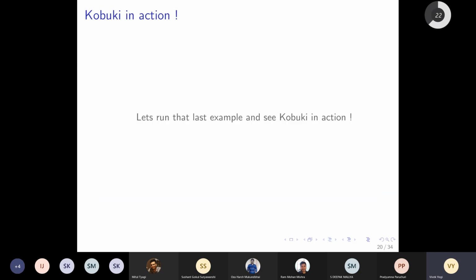So let us get back to our track, and we saw Kobuki in action. Okay, so far let us try to recapitulate what we did. We installed a package for running Gazebo, and then we installed another package for running this robot called Kobuki, and then we ran a pre-packaged example which loaded a world, and we ran a controller which was also pre-packaged. Okay, so far no code writing we have done. We have just done one code writing, which was running Gazebo from the launch file. Okay, that was a one liner.